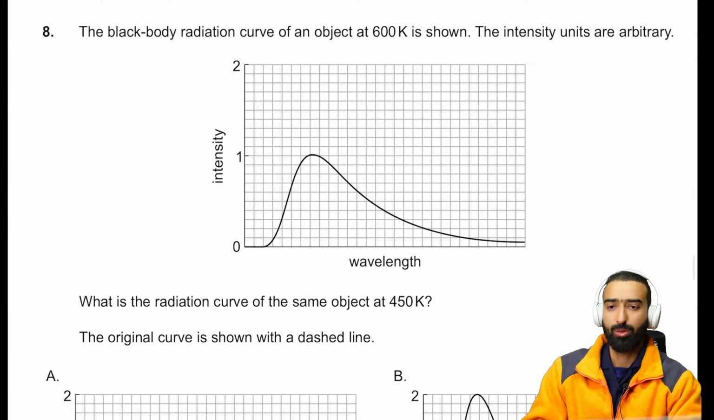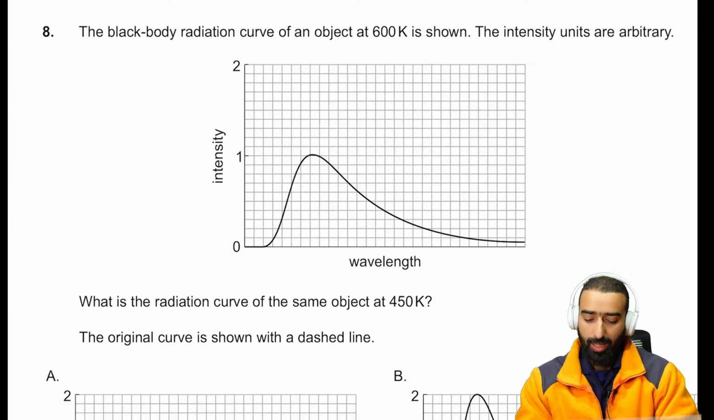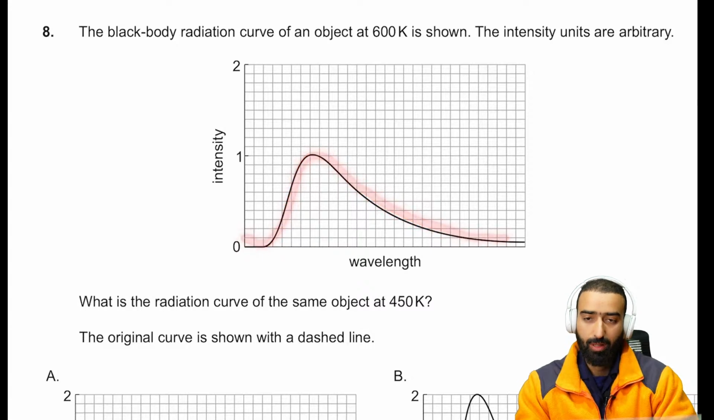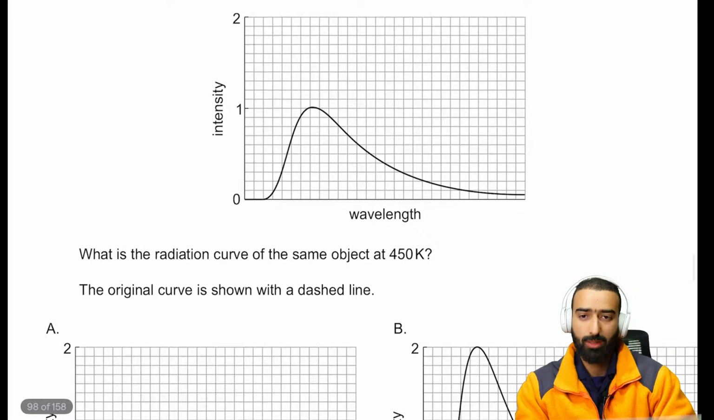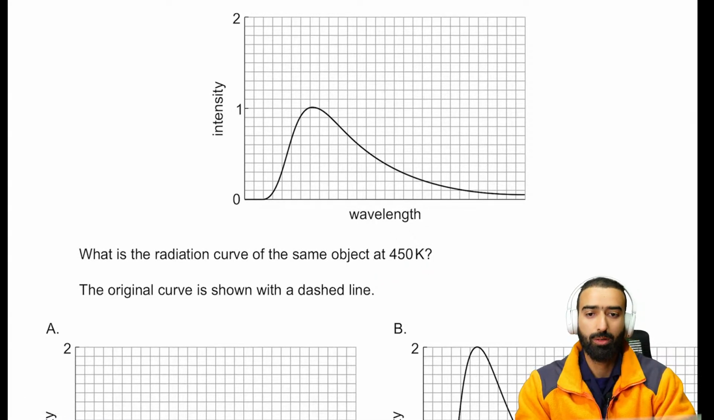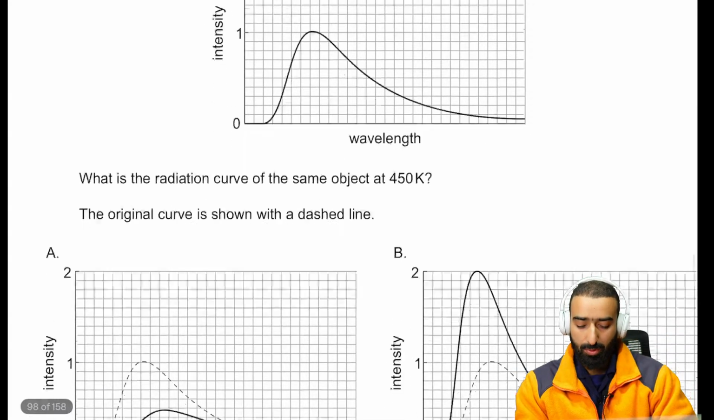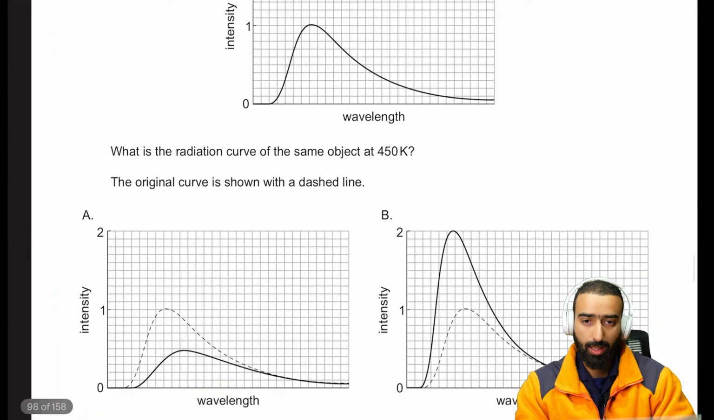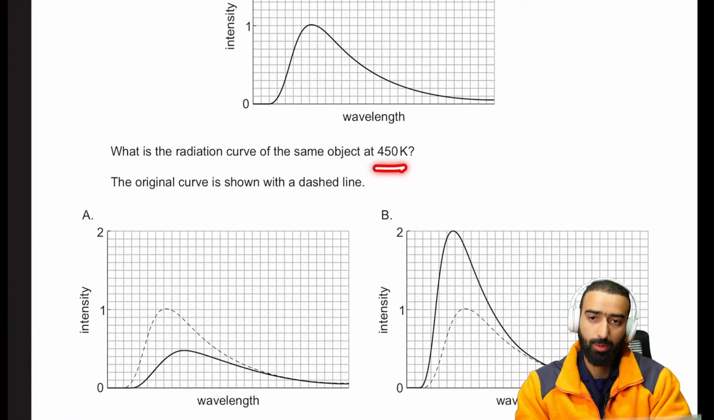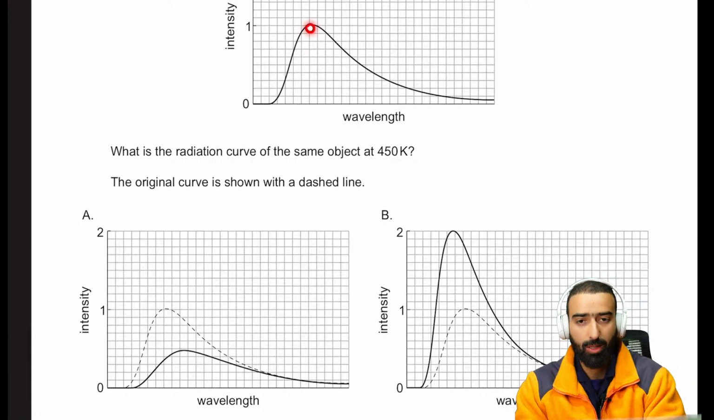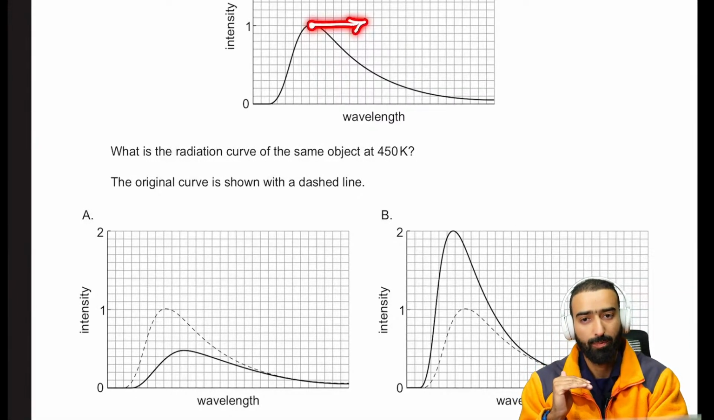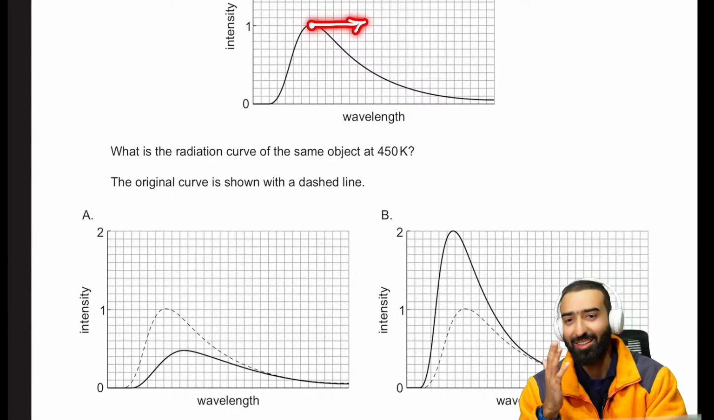Okay, moving on to black bodies. We have a radiation curve here, right? A body is at 600 Kelvin. Now what happens is we take another body at 450 Kelvin, and we are supposed to say how would that curve look like. Now if the temperature decreases, what happens to the peak wavelength? The peak wavelength is going to shift to the right. Not only that, the peak itself is going to fall. All right, we are going to have a smaller peak,